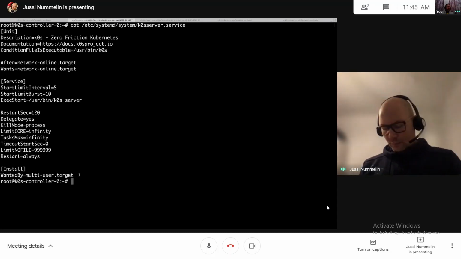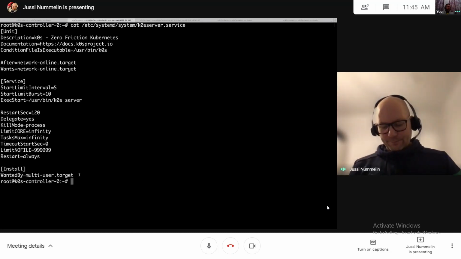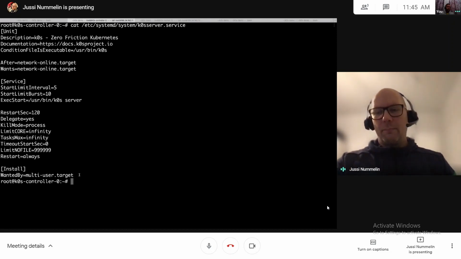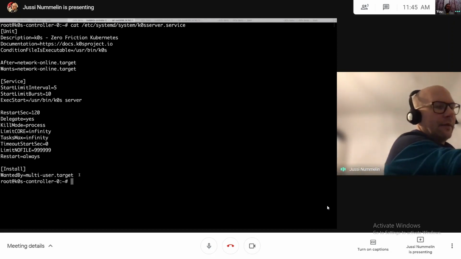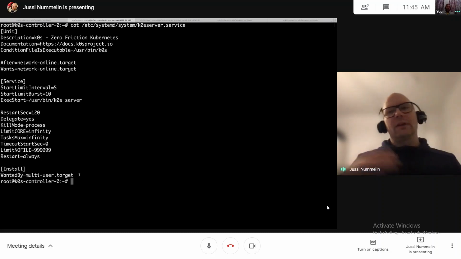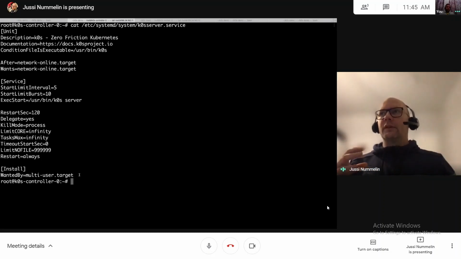Okay, so I've intentionally tried to avoid really comparing things with different distros, because the distros are different. It's like comparing bananas to apples. There are use cases for different distros in different places.